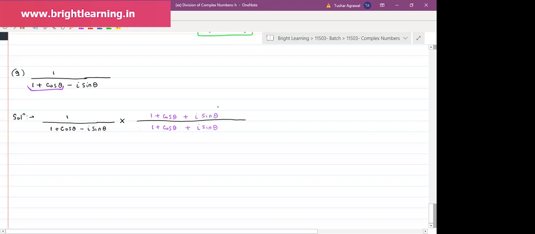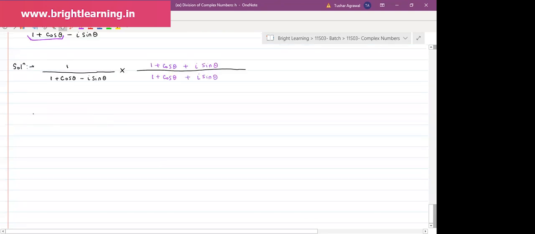This is the step that we used to do. Okay. First step clear. The numerator will be 1 plus cos theta plus i times sine theta